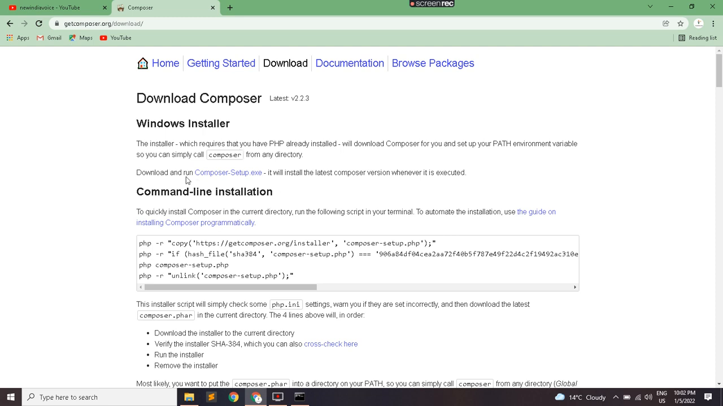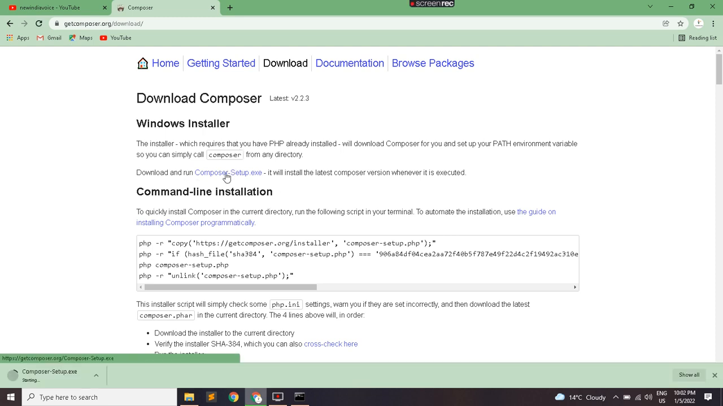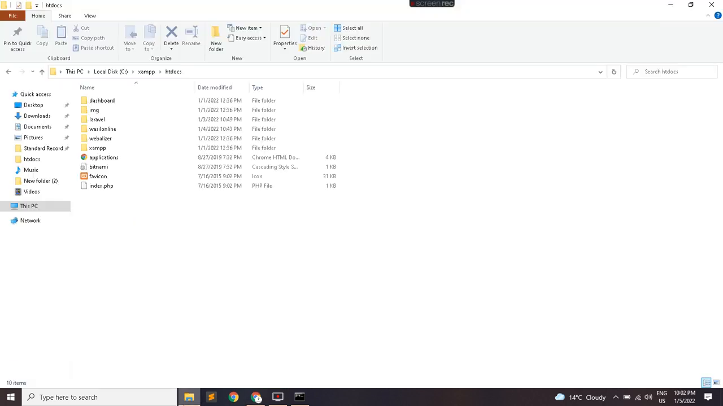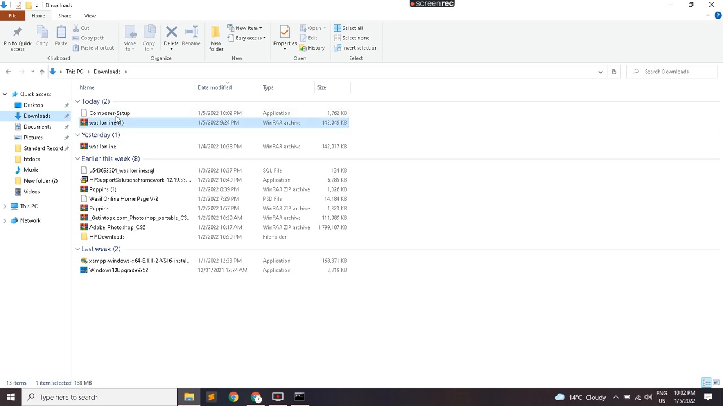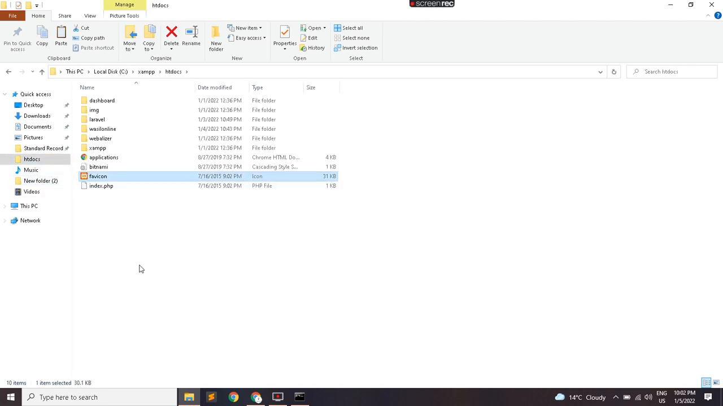There are lots of videos with bugs, but you will definitely be able to install Composer in a very good way. So directly click on download and download the exe. Now I just downloaded it, so simply cut it from here and paste it into your htdocs folder. Htdocs means the XAMPP htdocs folder. Now you have to paste it here, and once you paste it, you have to double